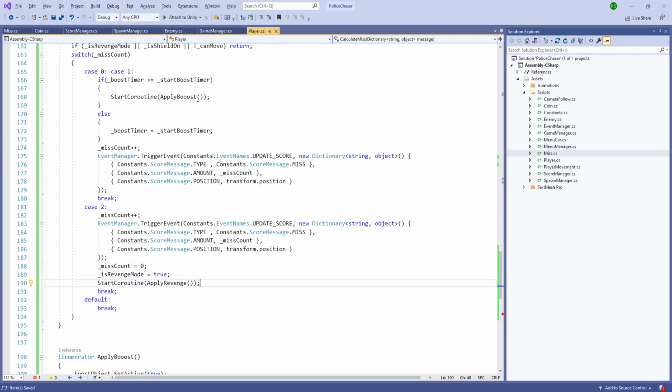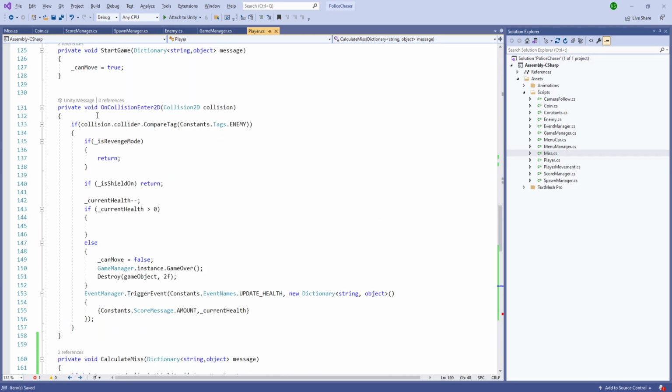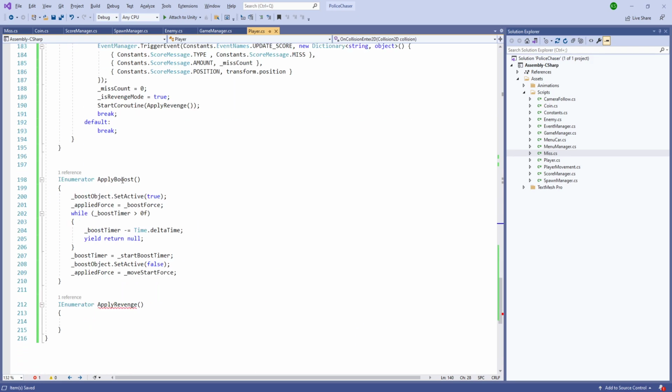Whenever the revenge mode is on, it's going to be set to true. So any enemy collisions are going to get passed and it's going to return here. And we also have a parameter for the shield. So what happens when the revenge event is called? Let's set up the revenge event. The first thing we are going to do is trigger the event, and it's going to be Constants.EventNames.UpdateScore, and the parameter we are going to pass is a new dictionary,